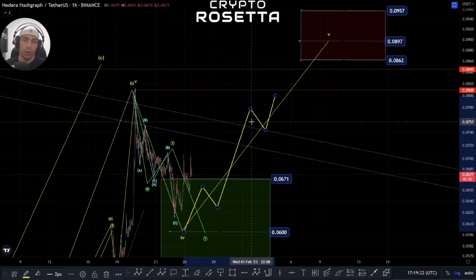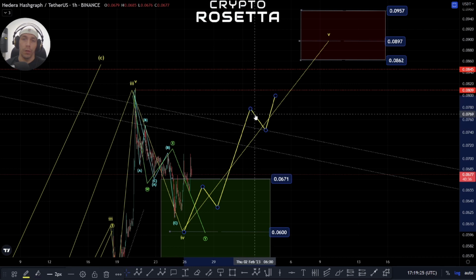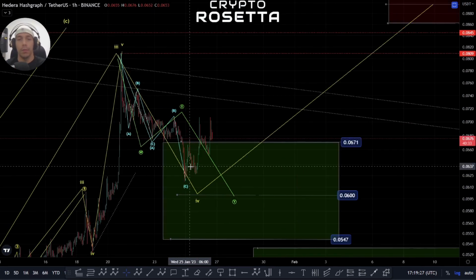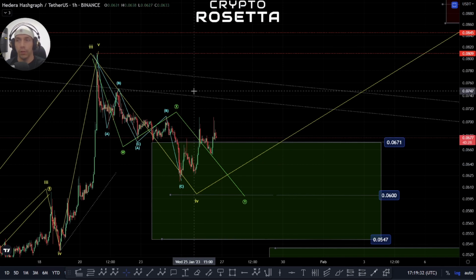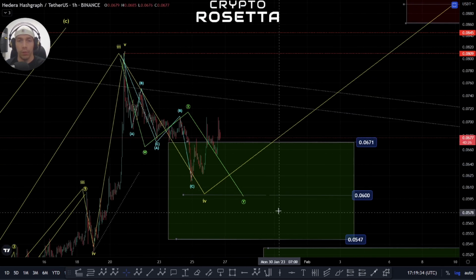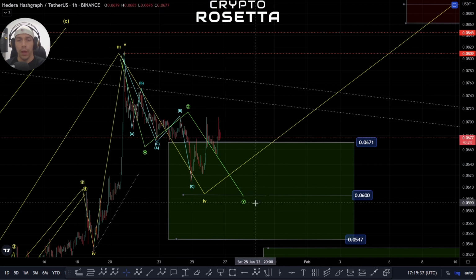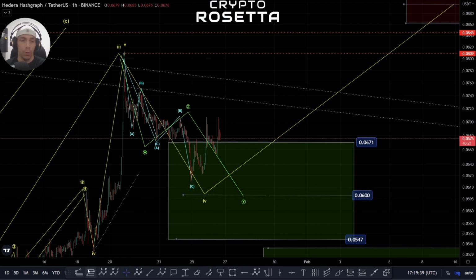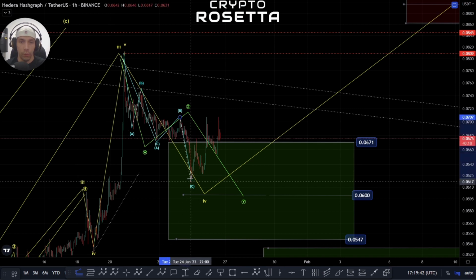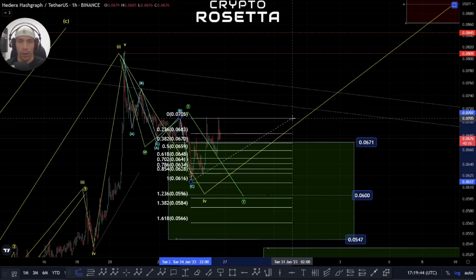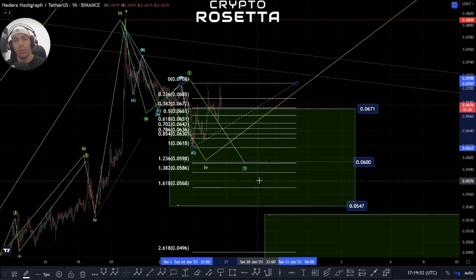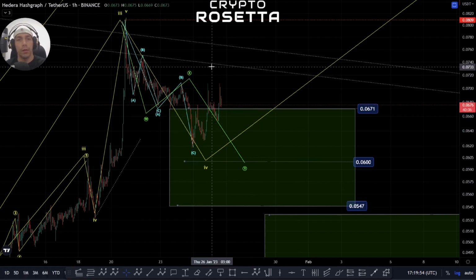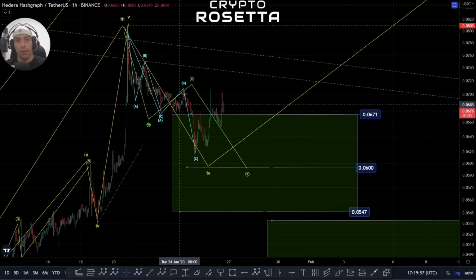Once we get a bit more structure here, it's possible that we can track it a lot better. At the moment, if we fail to break some of these high points here, particularly this one, the 747, it is possible that we could continue to the downside here and look for this lower target. Though we also have to be careful, if we do start to drop more violently, there is a potential of this turning into an impulse, and that would come back dropping below this 0568 area. What we would have to then look at, if that does play out as we have stated, is that this could potentially be a